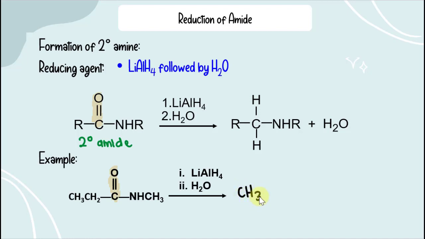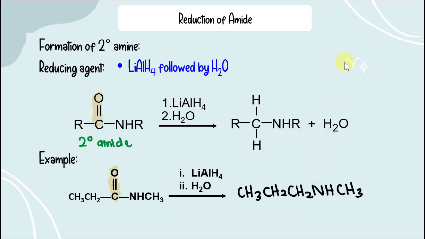We have CH3, CH2. Then the C double bond O will be reduced into CH2 and then just copy back all of this. We have NHCH3. So the secondary amide will produce a secondary amine from the reduction of amide by using lithium aluminum hydride